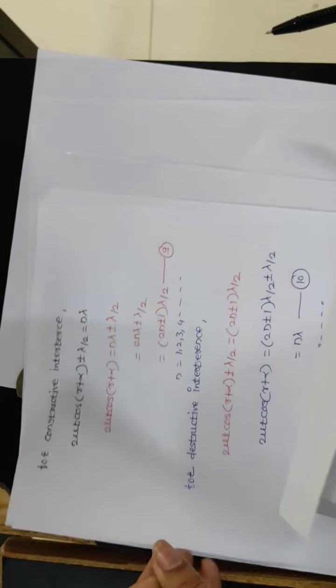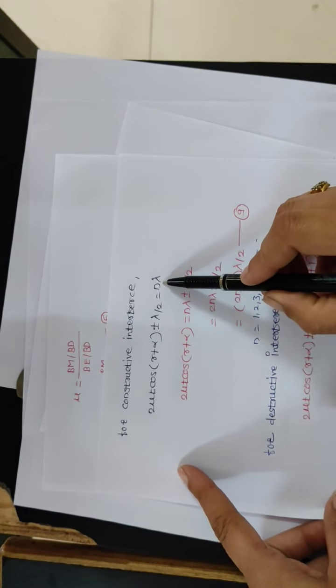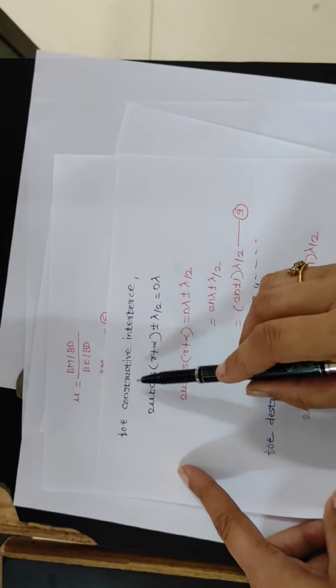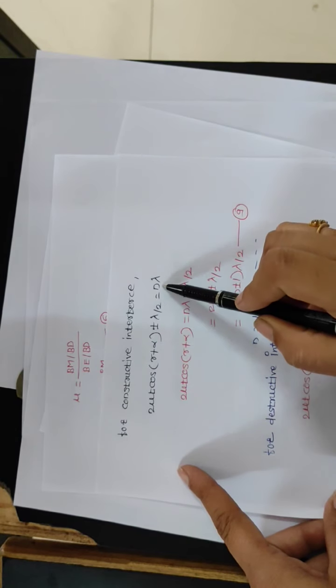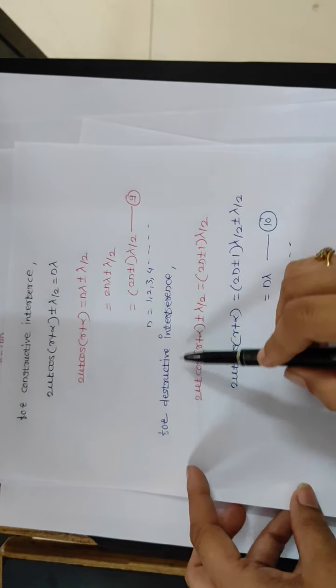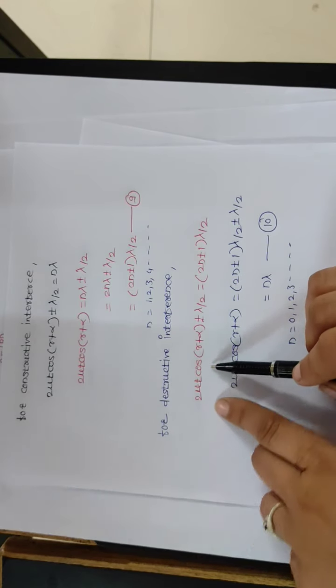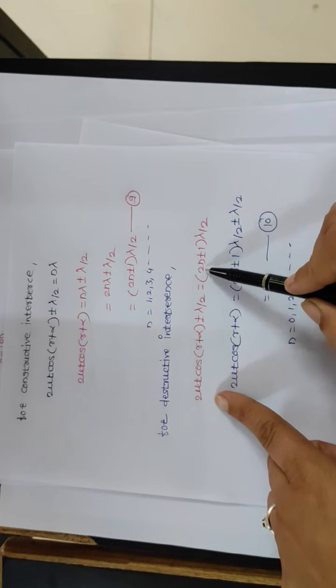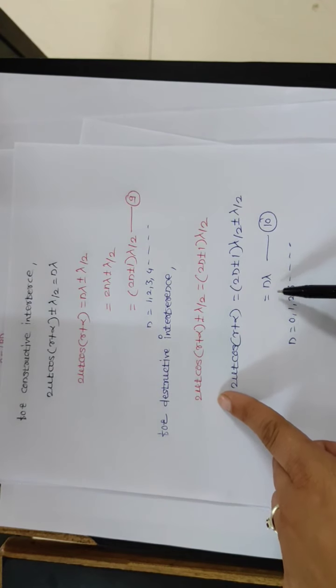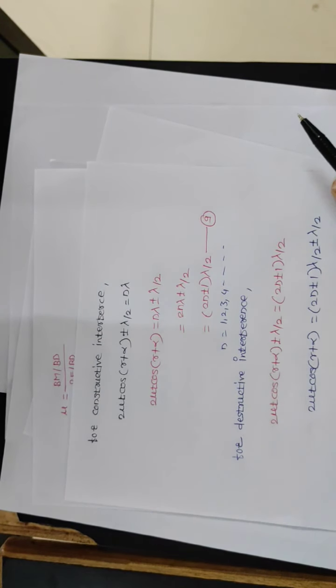Now after that there are two conditions, constructive interference and destructive interference. We know that the condition for constructive interference is n lambda. So the total path difference is equal to n lambda for constructive interference, and we get this value. And for destructive interference, we know the path difference condition is here. So we can write total path difference is equal to the condition for destructive interference, and we get this. So this is about the interference in wedge-shaped film. Thank you.